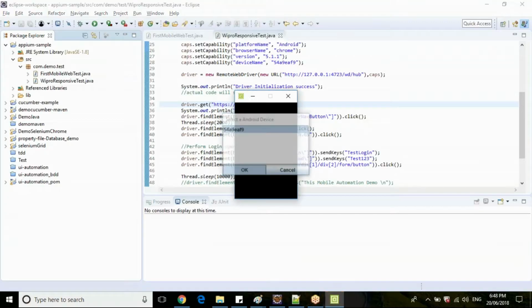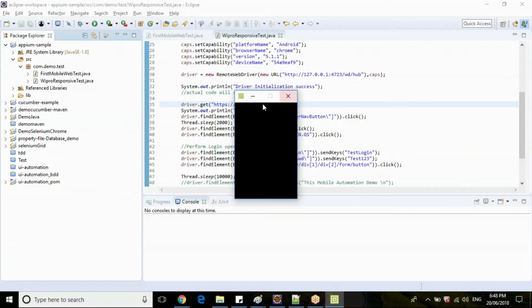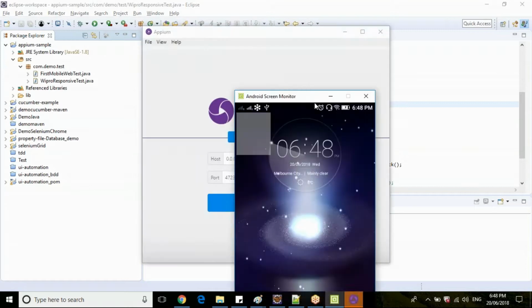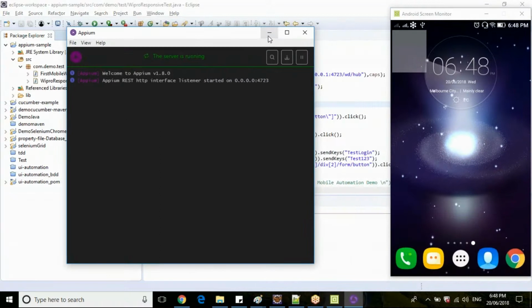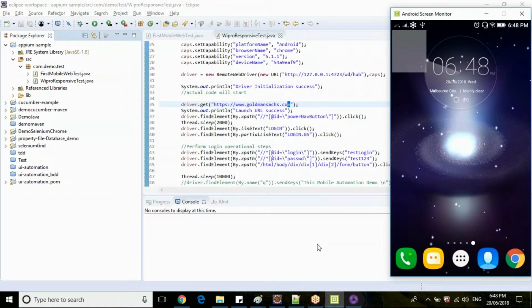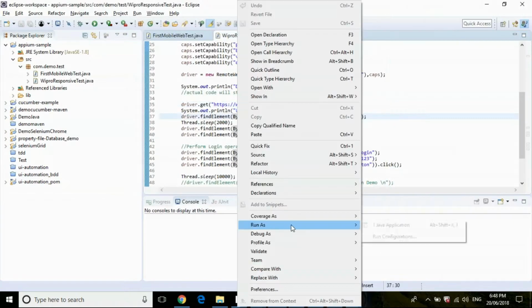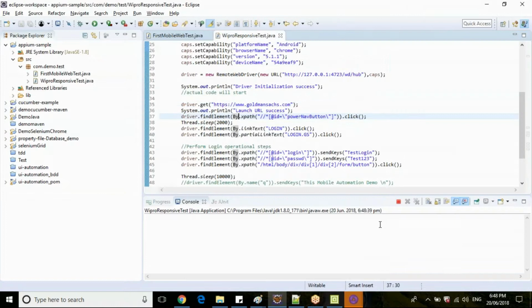Let's create a Maven project also, so that you can stick to the dependencies and don't worry about the duplicated jar files we were facing the issue with yesterday. So before that, let's execute this web script.